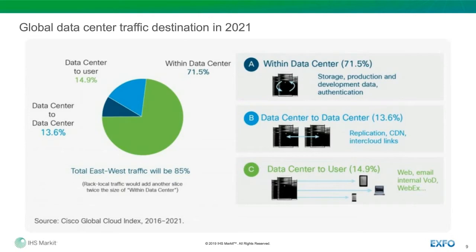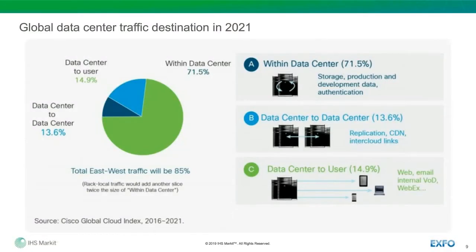Now, if we look at the traffic that flows through a data center, there's really three major categories. There's the traffic that stays within the data center. There's the traffic that goes between the data centers, and that's really what generates the demand for what's called the data center interconnect links, so the DCI. And then there's the traffic that goes from the data center all the way to the end